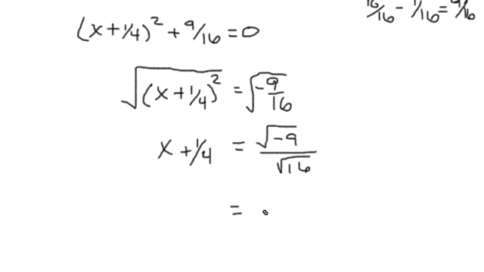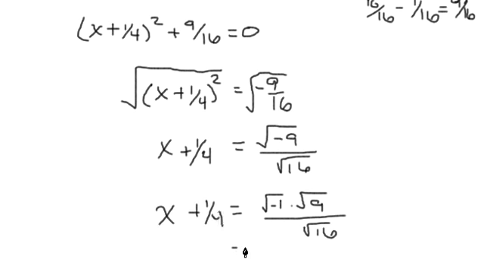Alright, so the square root, this can be broken up as the square root of negative 1 times the square root of 9 over the square root of 16. And of course, we've still got this over on this side. The square root of negative 1 is i times 3. That's